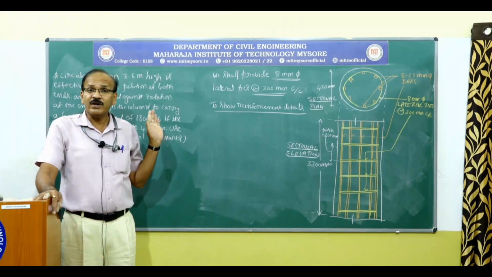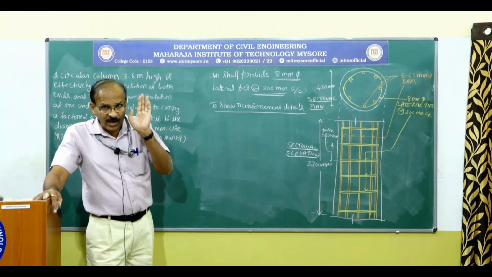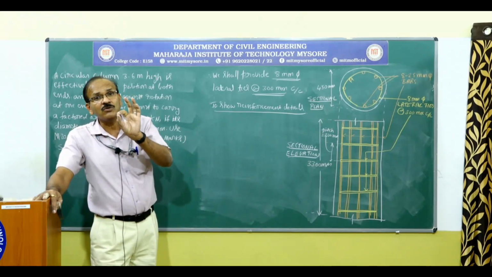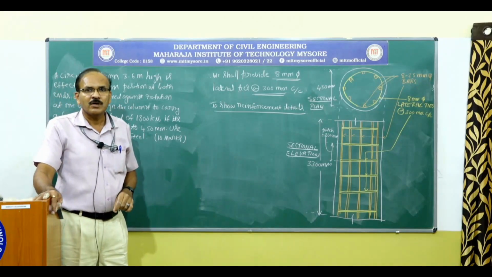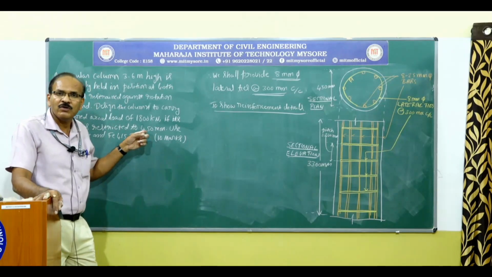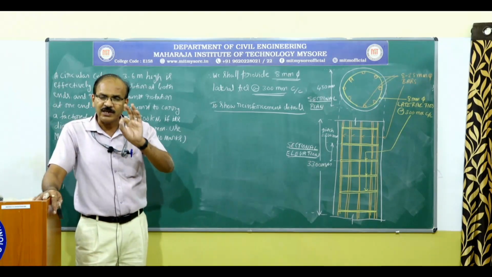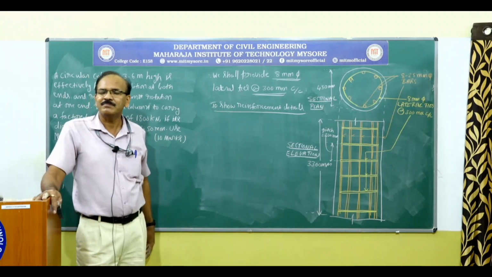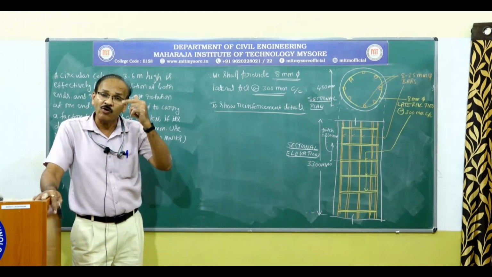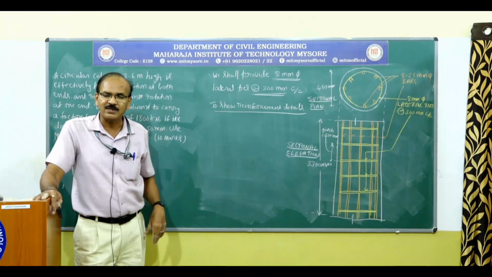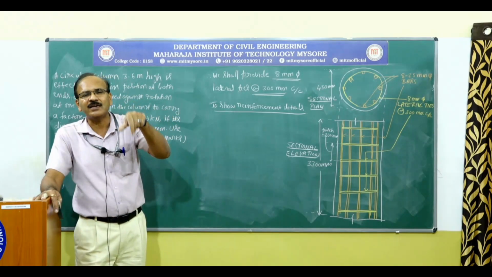So you know the diameter, you can find out what is the gross sectional area. So AC, that is the area of concrete, equal to gross area of cross section minus ASC. Cross section area is given by pi by 4 multiplied by 450 square. So that way you can find out in that equation ASC directly. So assume some suitable diameter of the bar and find out how many bars you need. Once you have those bars, the next step is to provide lateral ties.